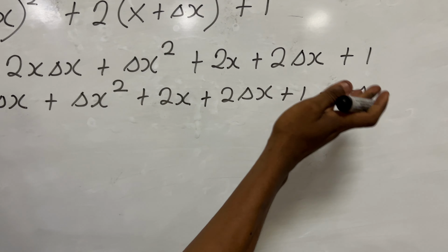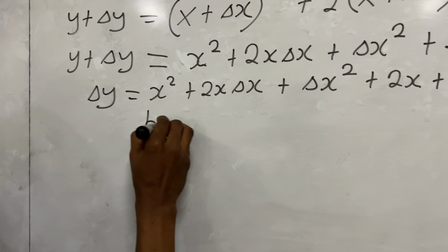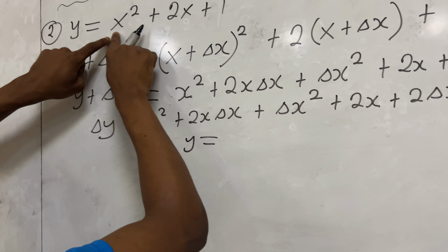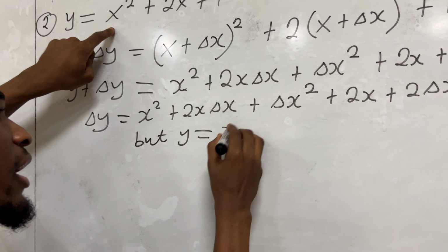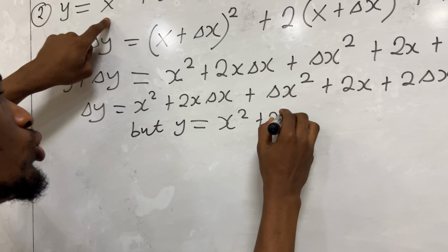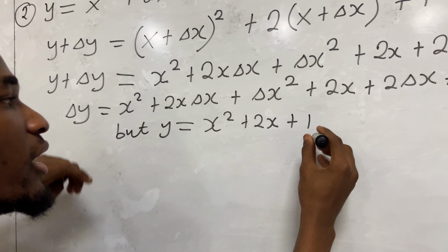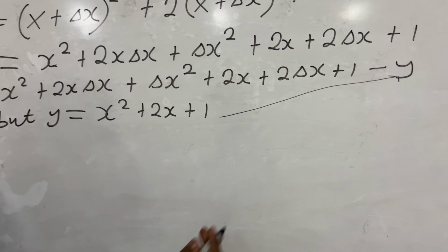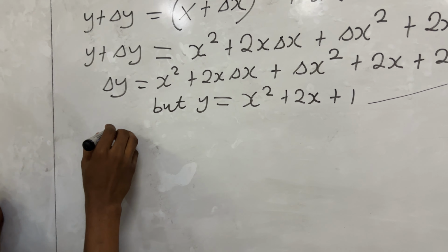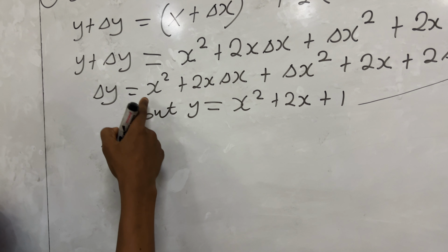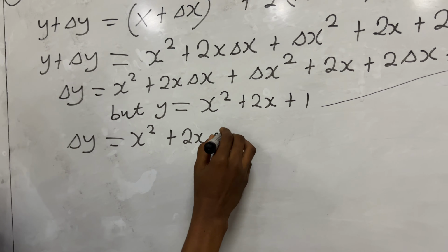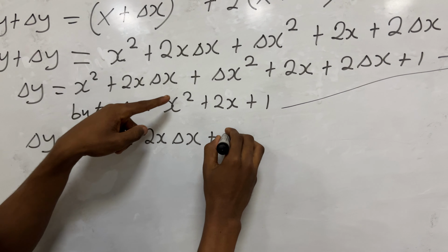What is y in terms of x? I know that in terms of x, my y becomes what? From the question, you say y is equal to the whole of this, right? So I'll write x squared plus 2x plus 1. Then I'll just substitute that into this y over there. So finally I have change in y equals x squared plus 2x change in x plus change in